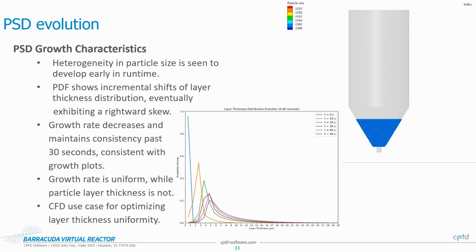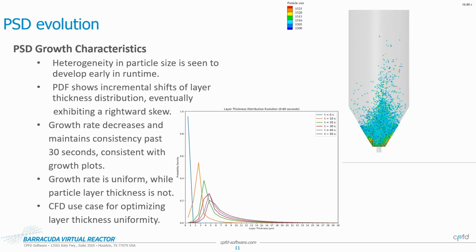So we looked at what the average growth characteristics were like. Now we're looking at how homogeneous the layer growth is. Is it uniform across the bed? If we look at an animation here of the particle size growth over time, over the first few seconds, it seems pretty uniform, and then you start to see some hot spots pick up right here. And there's a lot of unreacted acetylene just hanging around here,